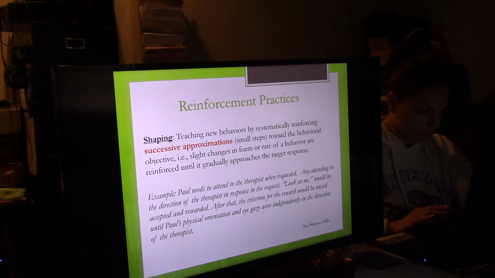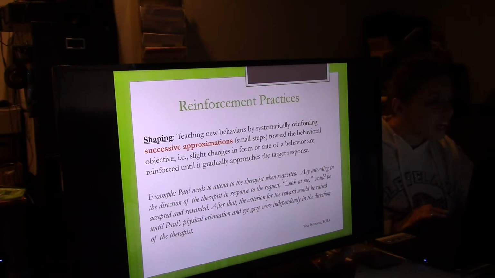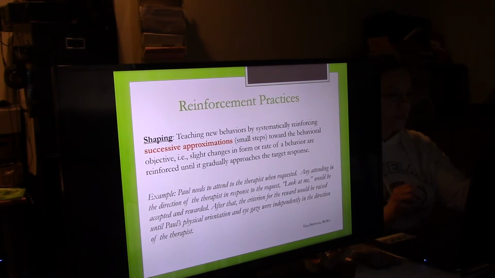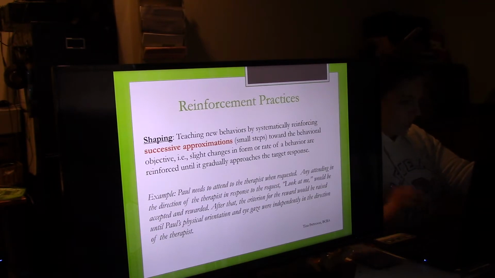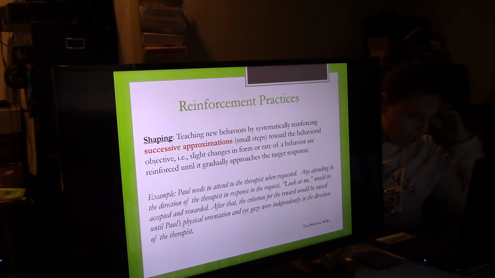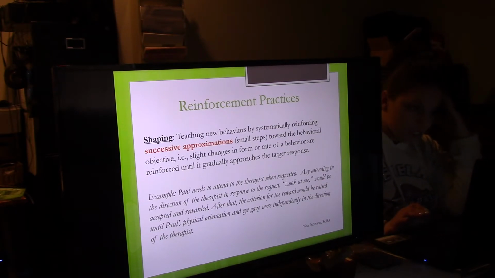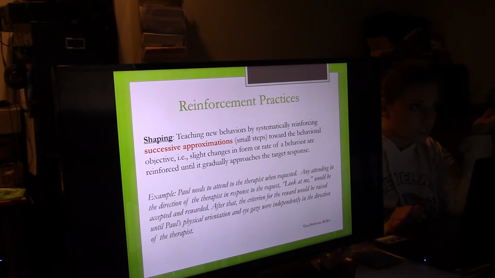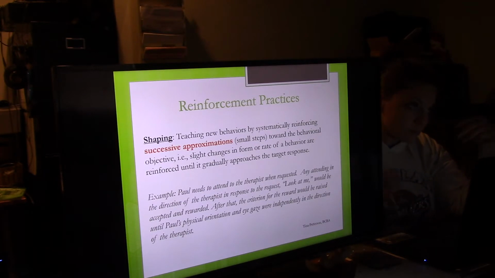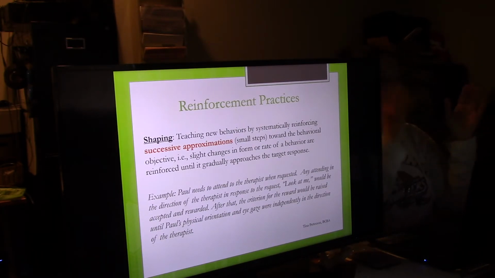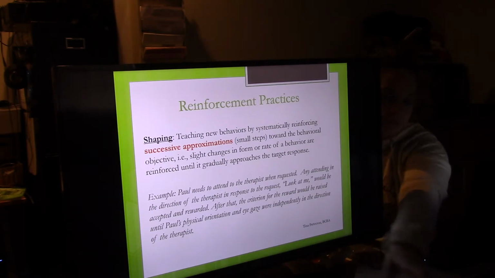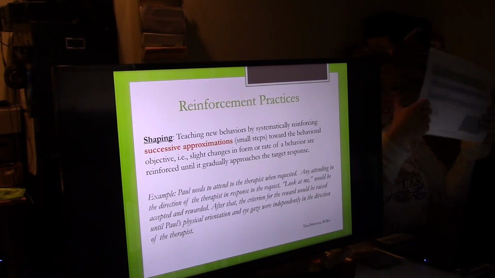Shaping: teaching new behaviors by systematically reinforcing successive approximations, so small steps towards the behavioral objective. Slight changes in form or rate of behavior are reinforced until it gradually approaches the target response. For example, Paul needs to attend to the therapist when requested. Any attending in the direction of the therapist in response to the request, "look at me," would be accepted and rewarded. Once he masters that, just like in our task analysis,